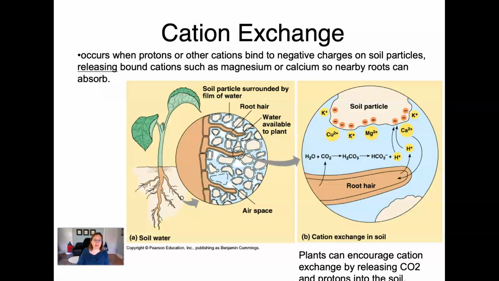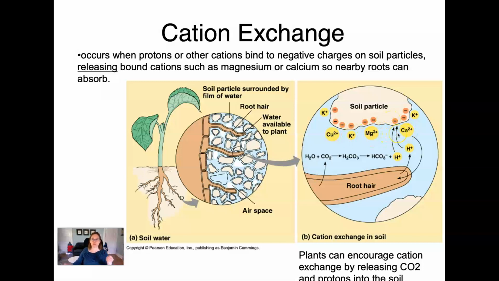A little bit more about cation exchange, just to explain it one more time with slightly different pictures. Remember that cation exchange, or positive ions moving into the cell, requires some sort of removal of the cations from how they are attached to the soil particles. So the picture over here that I want you to see is that cations are attached to this clay soil particle because they are positively charged and the soil particles have a net negative charge. So in order to get those